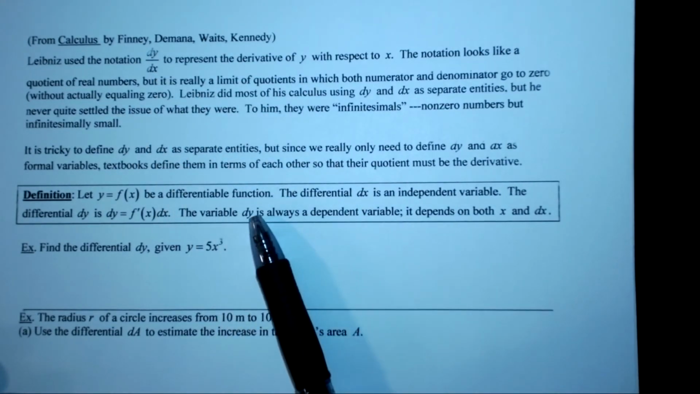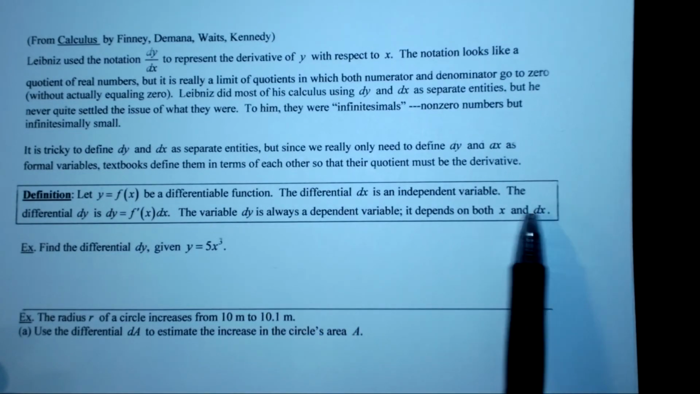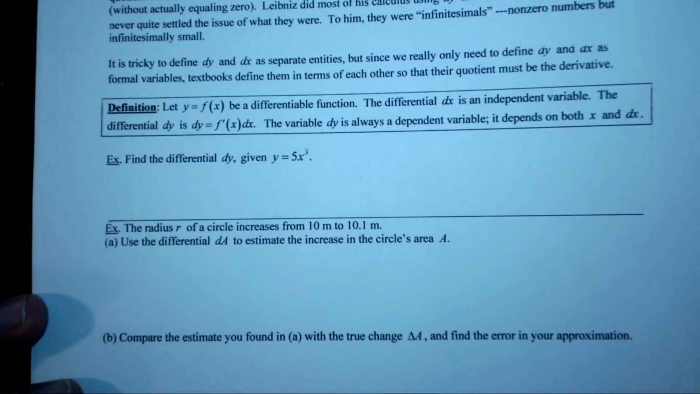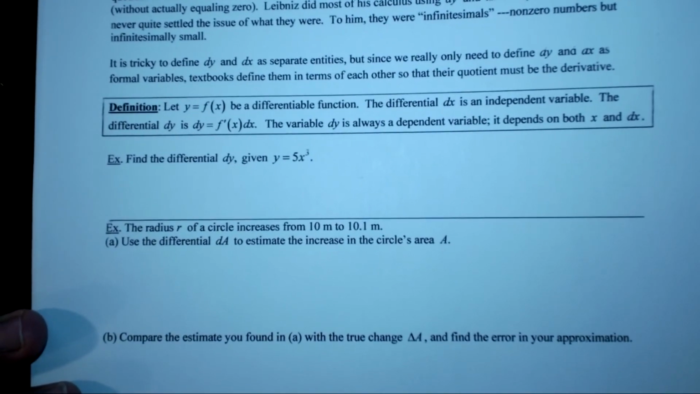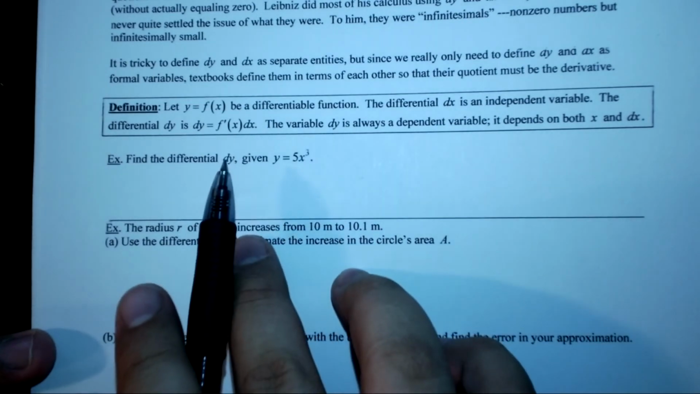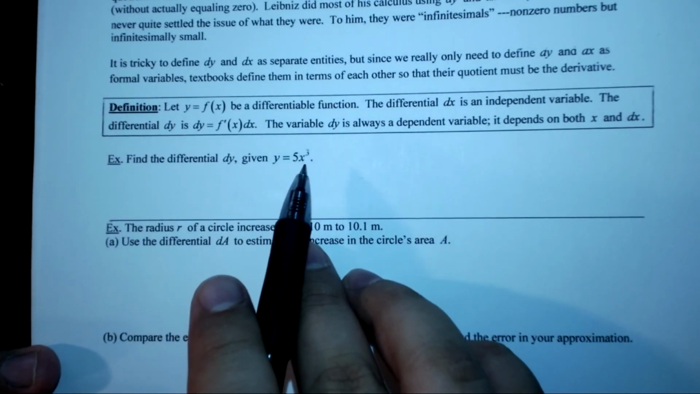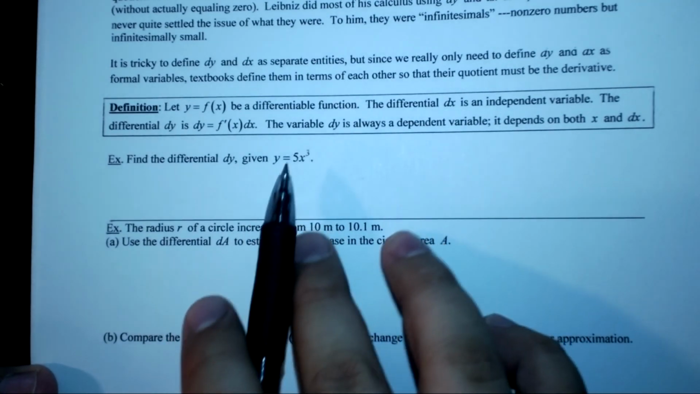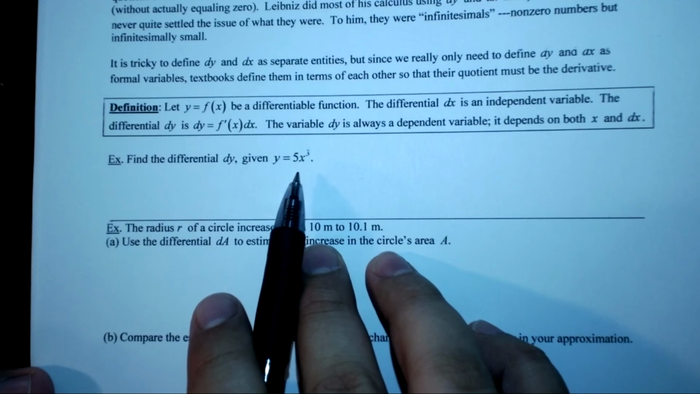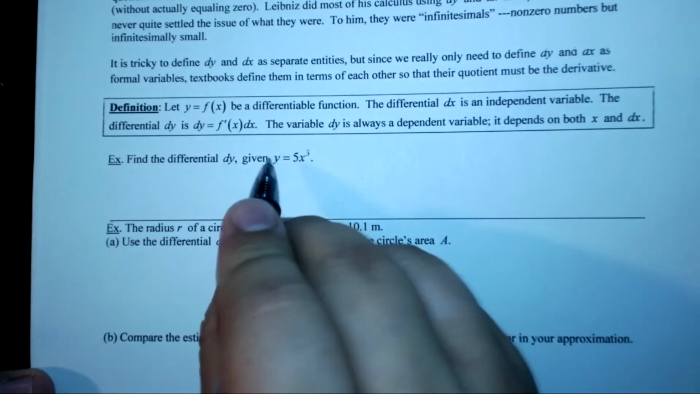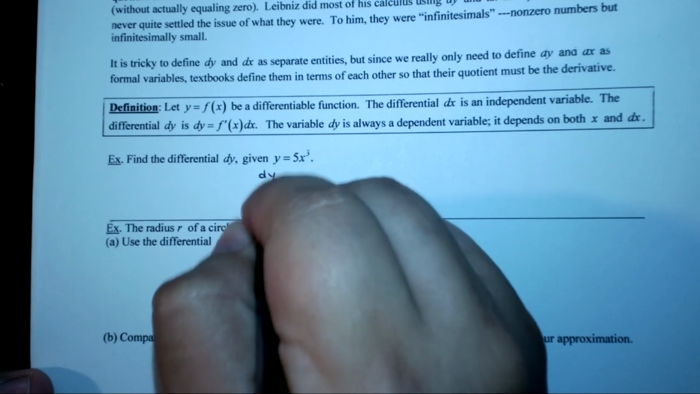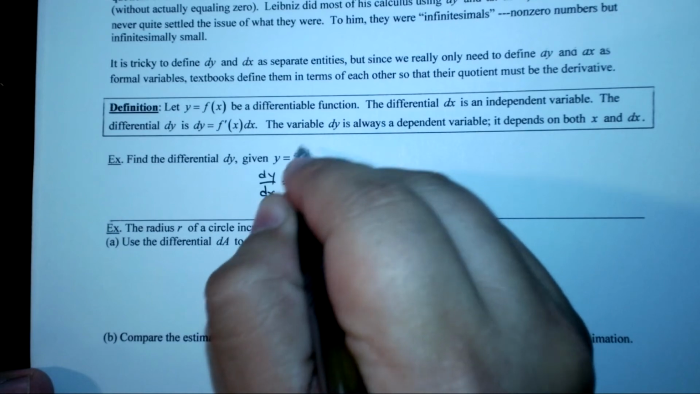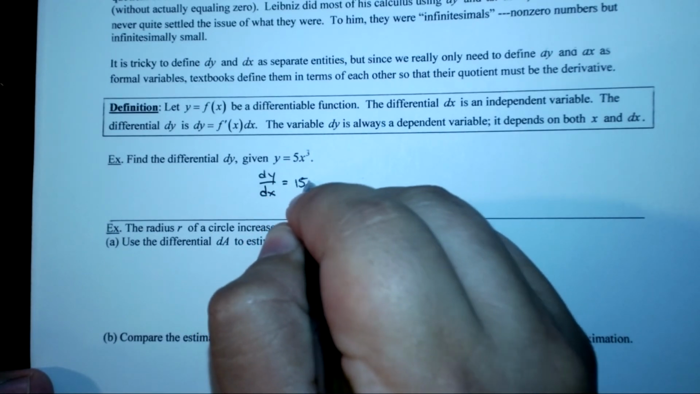And separately, we can treat them as the change in y and the change in x. Okay, so let's see how these are used. So let's start out with the first example. The first example says, find the differential dy given y is equal to 5x cubed. Now, one way that you can definitely do this is to just implicitly differentiate both sides. So if you differentiate this side, you get dy over dx is equal to, the derivative of this side is 15x squared